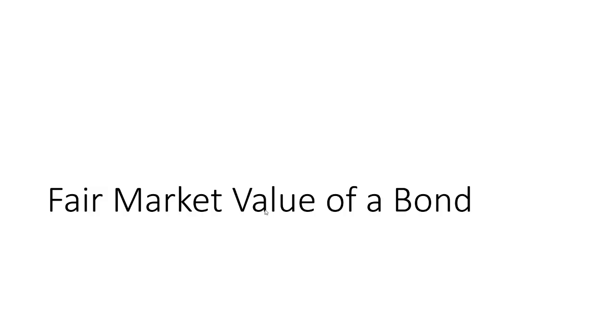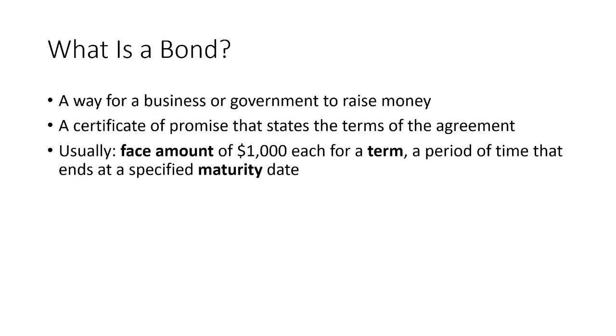In this video, I'm going to talk about how to find the fair market value of a bond. First of all, we should talk briefly about what a bond is. A bond is a way for a business or a government to raise money. National governments around the world sell bonds to finance government expenses. Local governments also do, so do state governments, so do school districts. Often if a school is building a new building, for example, they will sell bonds to pay for the construction